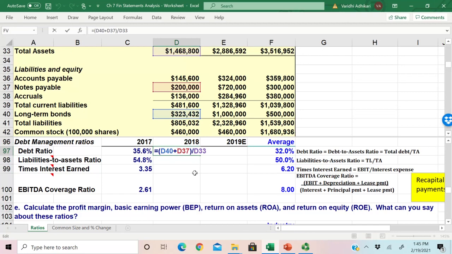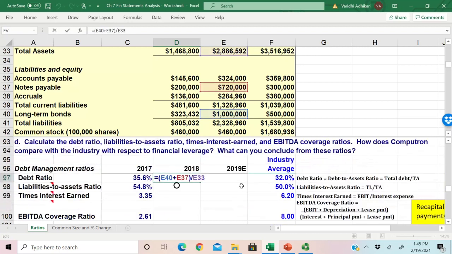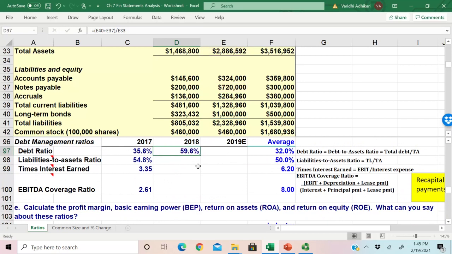Oops, I did 2017 again, so make sure you do 2018. You can move it like this, but you can also redo the whole thing. So in 2018, the debt ratio has actually increased from 2017, and it is projected to go down next year